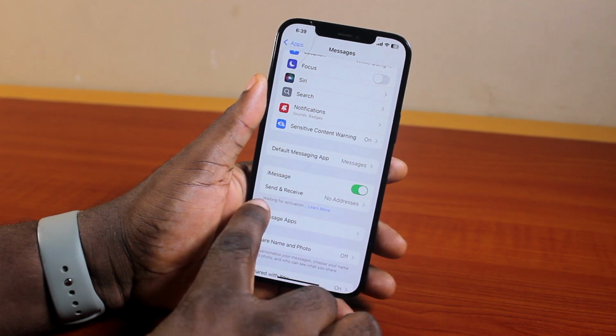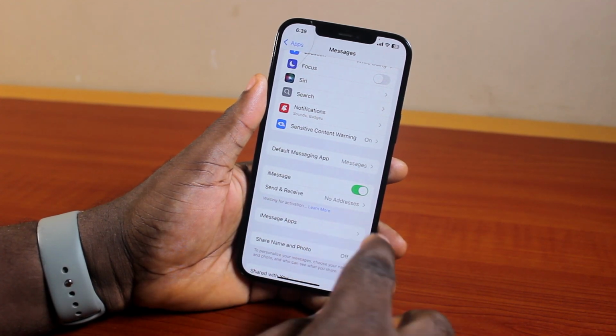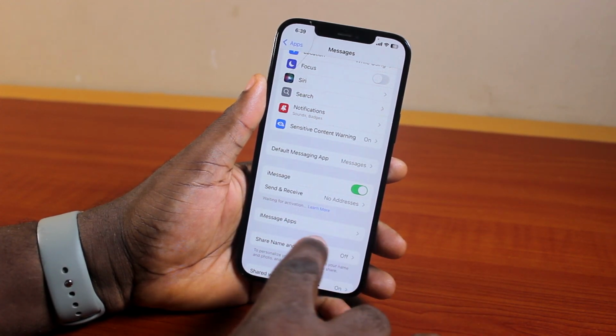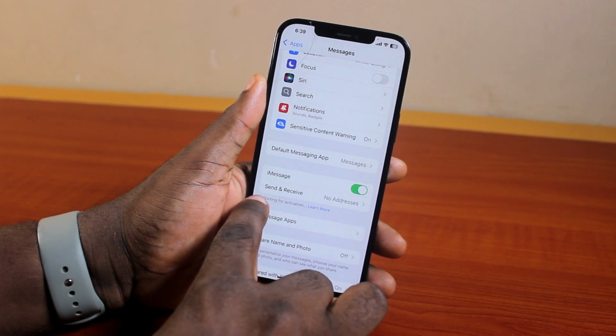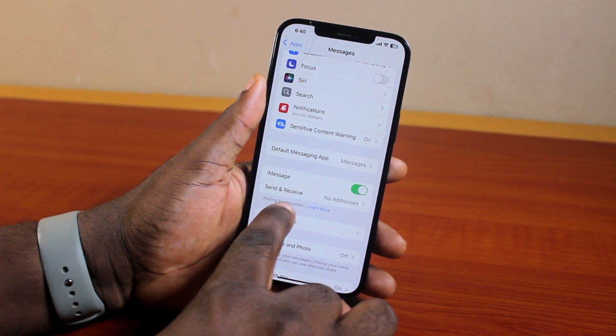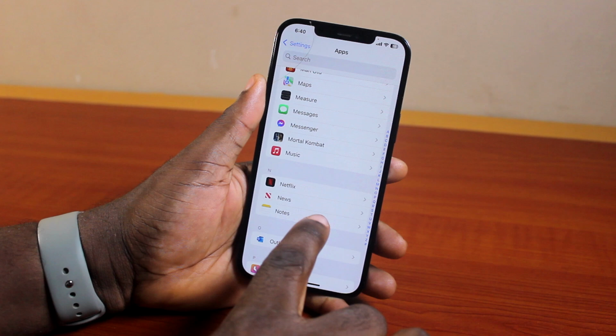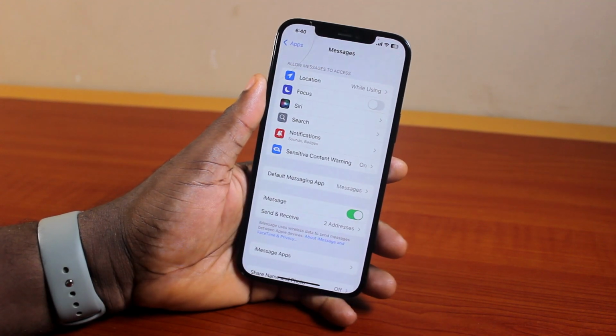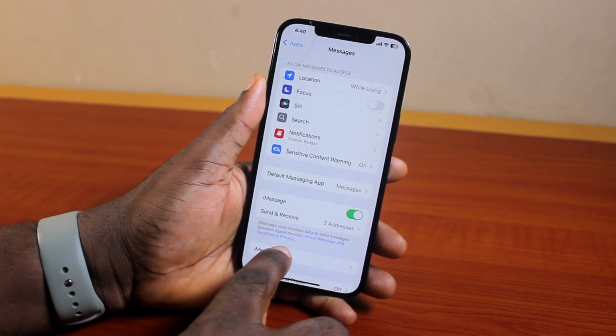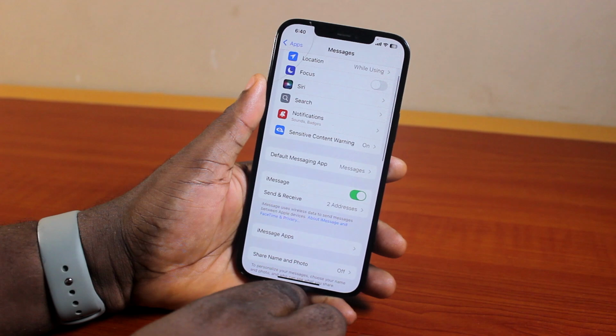And then hang on, you see send and receive has no addresses. Then after a couple of seconds or minutes, your iMessage will be activated. If you say waiting for activation, just hit the back button, click on the messages again, and then it should say your iMessage activated. So that is basically how to